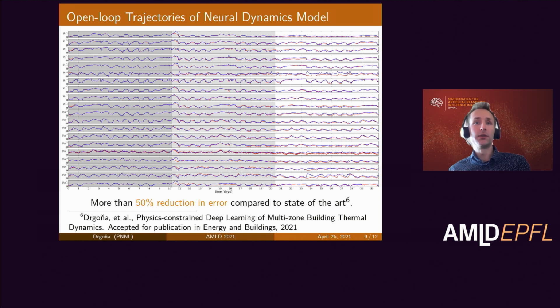So we have been able to achieve state-of-the-art performance by improving the accuracy of the classical system identification methods in the literature by almost 50%. And the bottom line here is that combining physics with the expressive power of deep learning allows us to learn highly accurate, generalizable surrogate models for this building dynamics without the need of months of development time and manual tuning. We can do this in days instead of months.